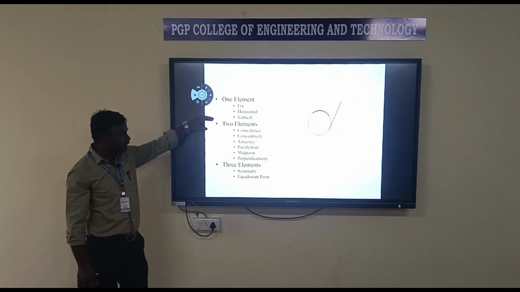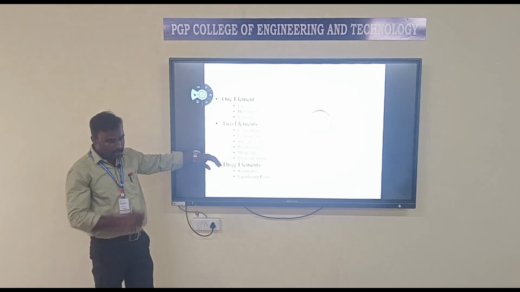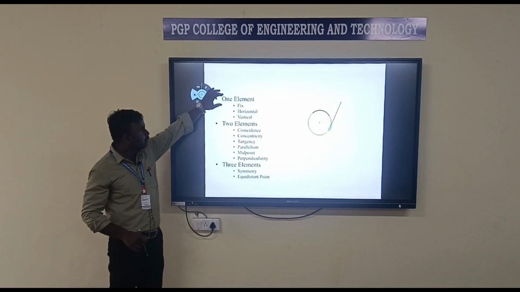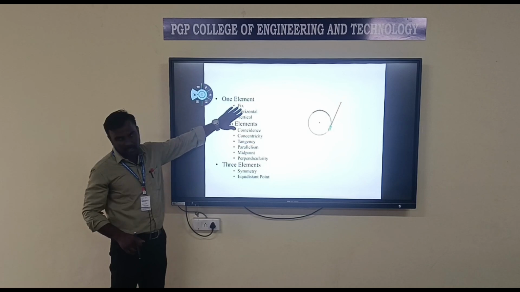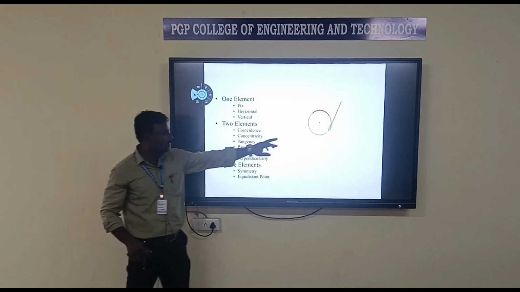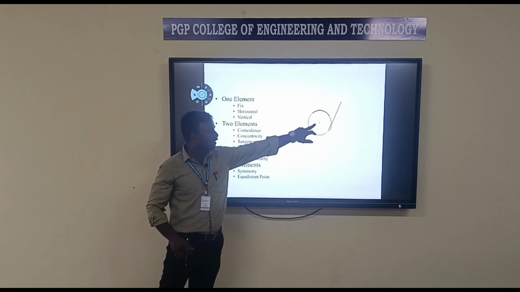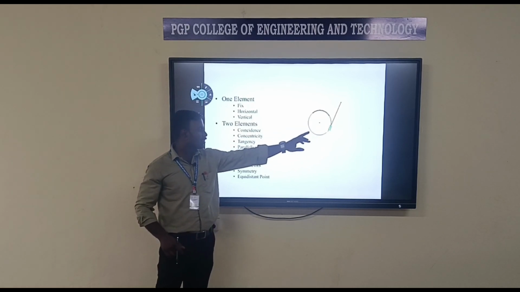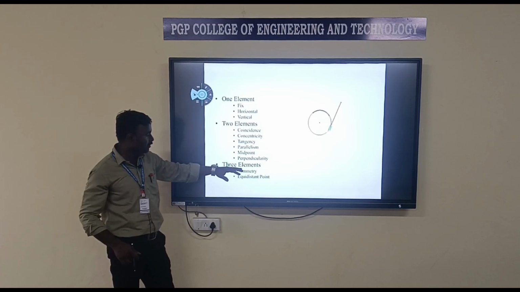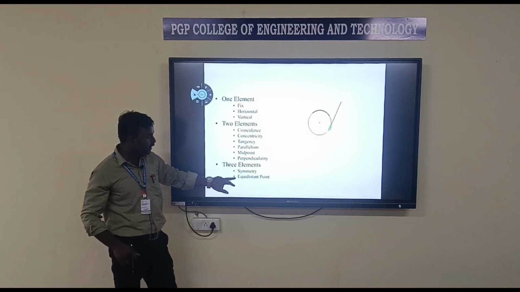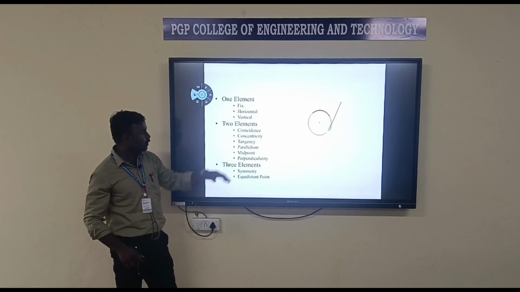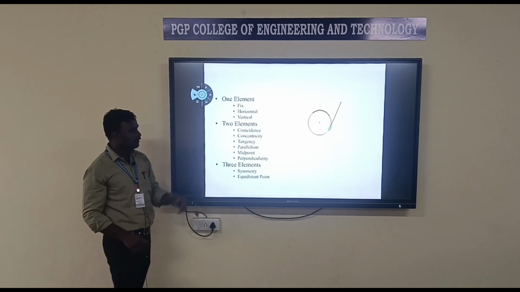So we can split these constraints by three elements. If you have one element, you can use fixed, horizontal, and vertical only. If you are using two elements, like here I am using a circle and a line also is there, you can use these kinds of constraint options. And if you are using three elements, you can use symmetry and the equidistant point. Horizontal, vertical you already know. The coincidence also you know. The next one is